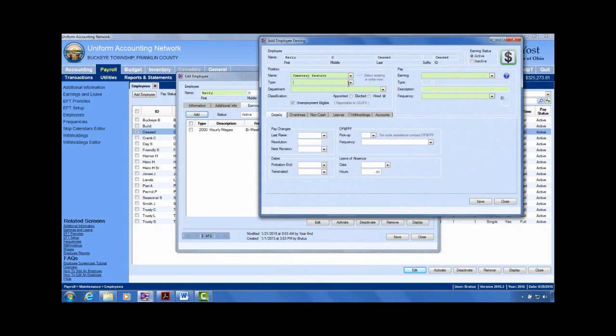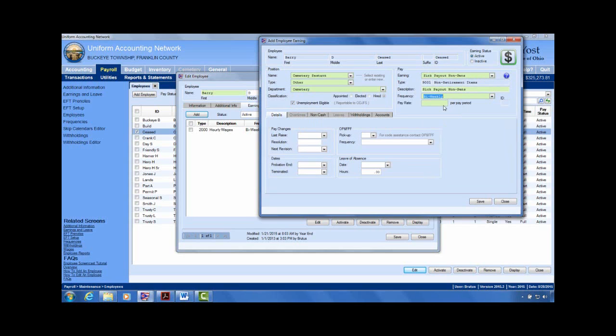I'm just going to do this for sick leave in the interest of time, and since he's had sick and vacation, you would normally do it for both. You would add this. So we'll pick the sick payout,